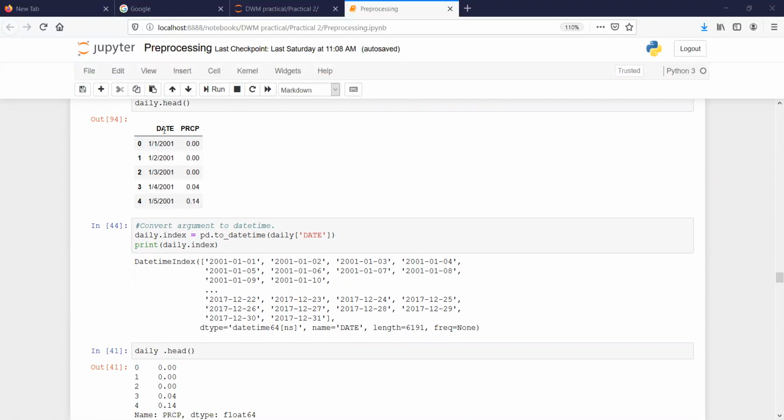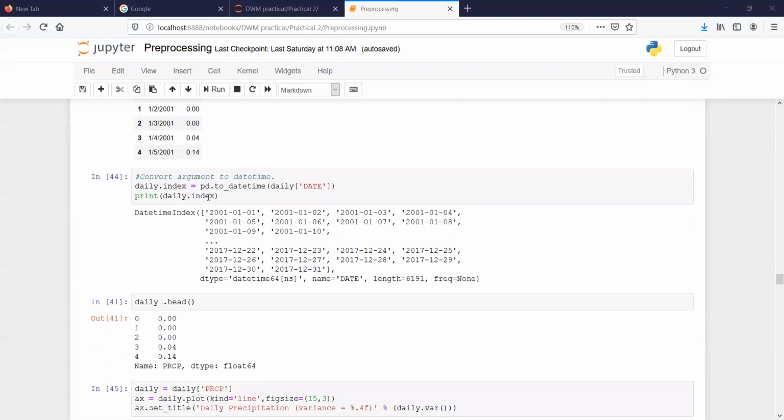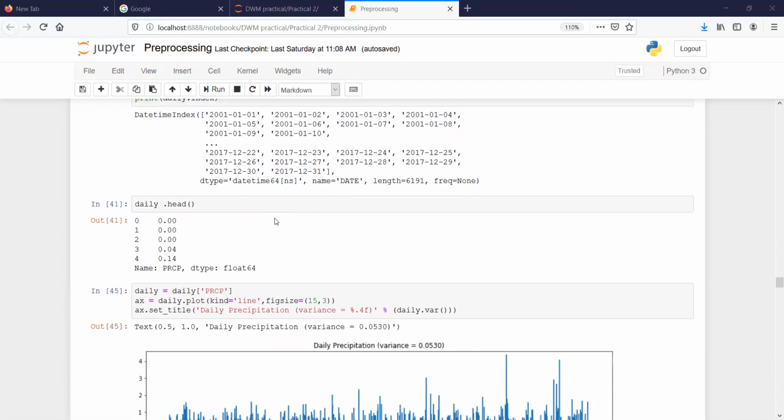If you want to do the aggregation based on the time attribute, you first have to convert that attribute into datetime format. For that, you can use the pandas to_datetime function, and then convert all the data into datetime format.